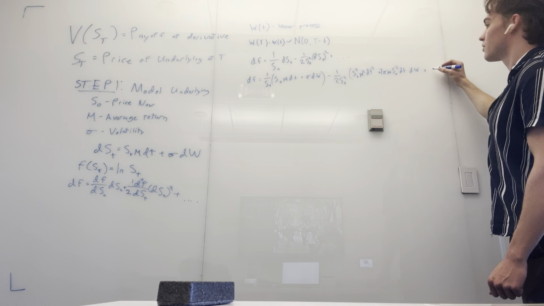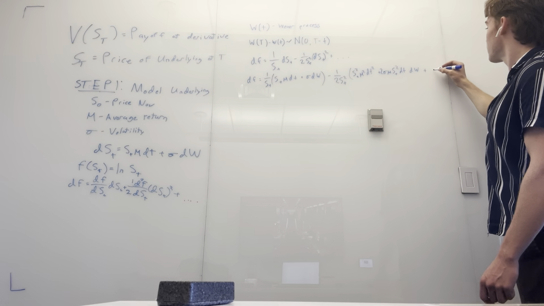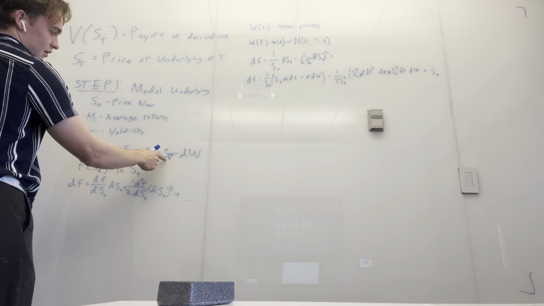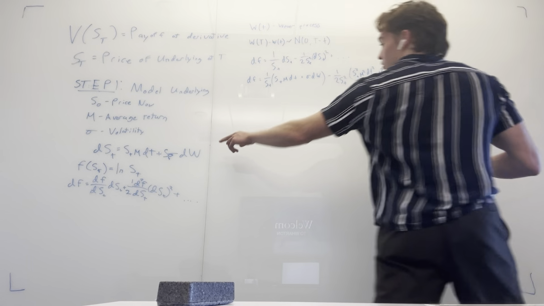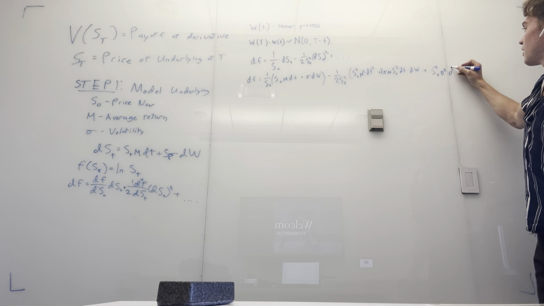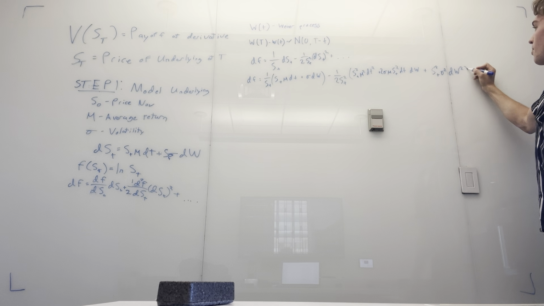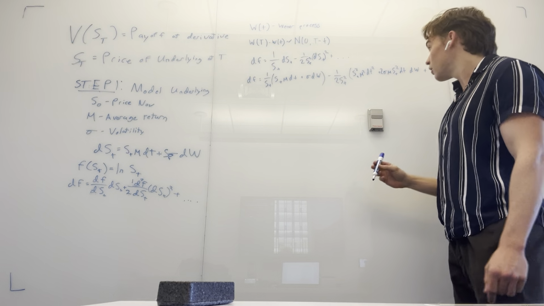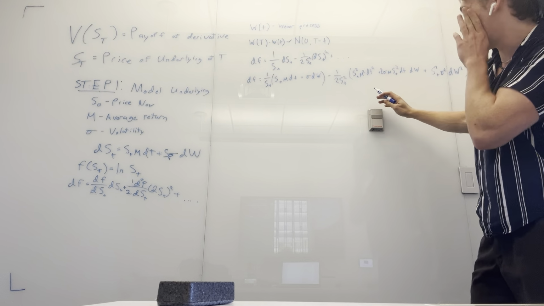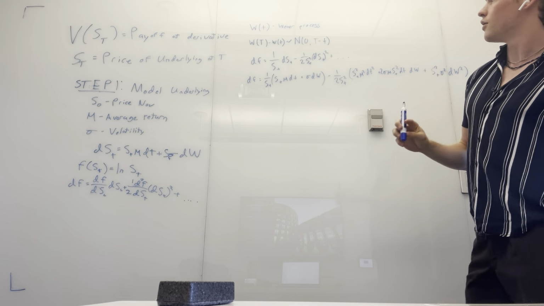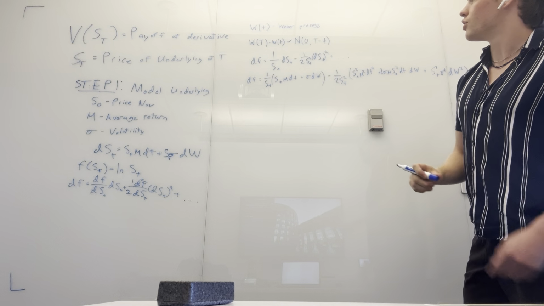and then finally plus, this is going to give us, what is it, St, sorry, I'm now realizing that in this original formula I was supposed to have an St here. So it's not just a Wiener process, but it's scaled by whatever our price is. Plus St squared sigma squared dW squared. Okay, so first off, we said we wanted the approximation to first order. So that means we can get rid of our squared differentials. But before we do that, we need to make one remark, which is that